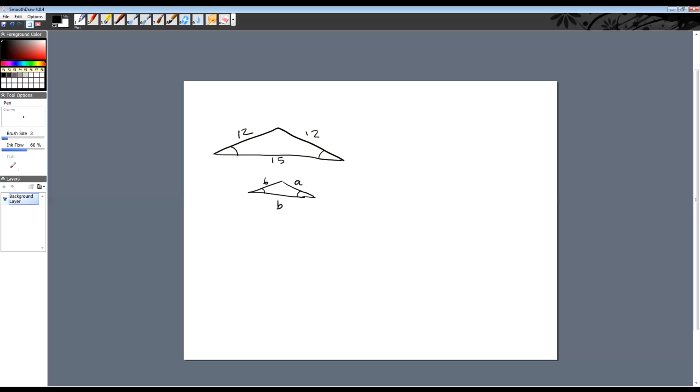Now for number 25, corresponding sides must be proportional. Okay, so A over 12 equals, this is a 6, not a B, okay, 6. A over 12 equals 6 over 12. So A equals 6, that's pretty straightforward. But what about B? Then B over 15